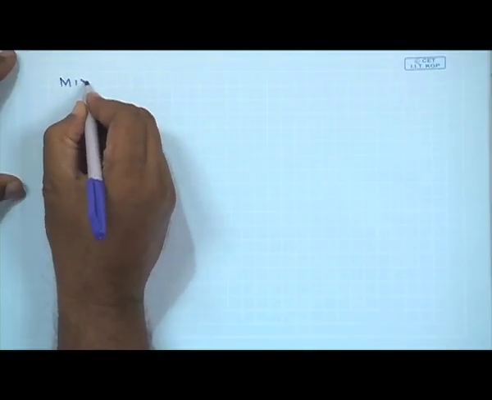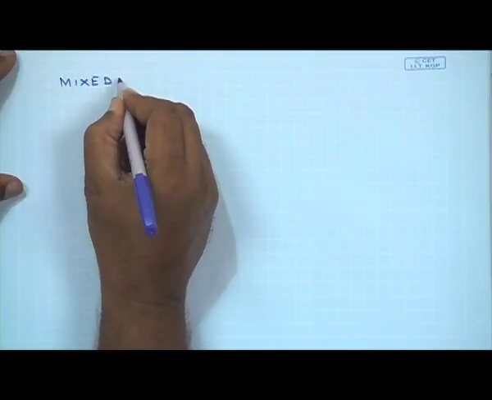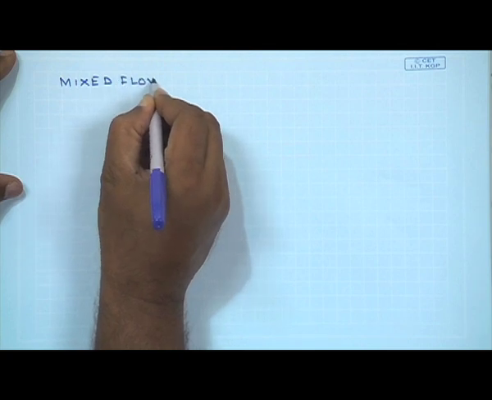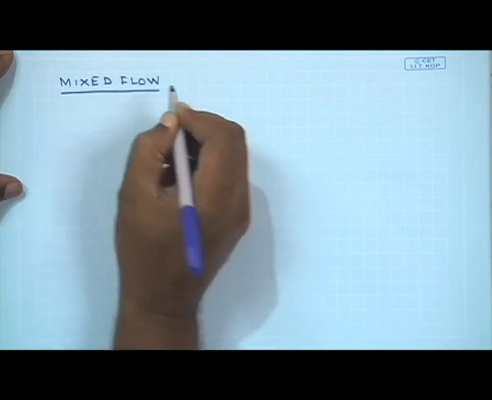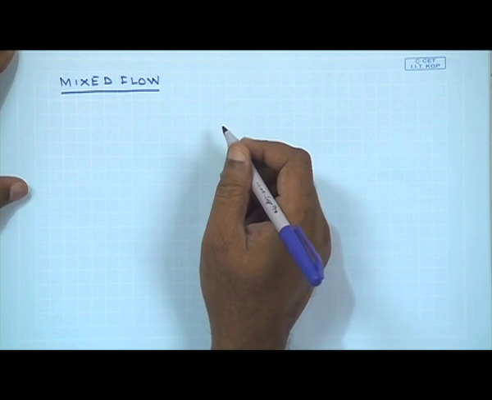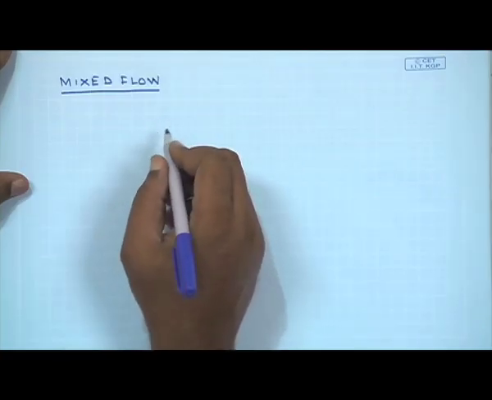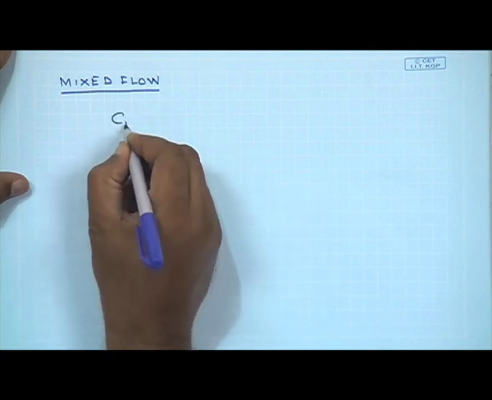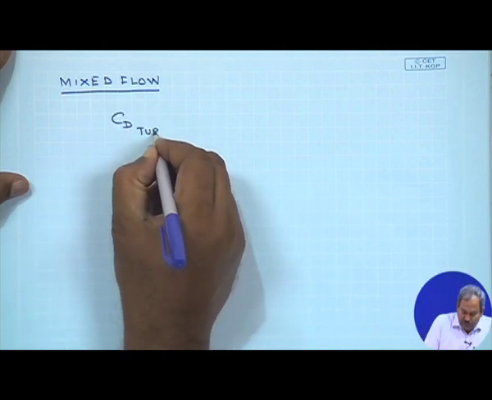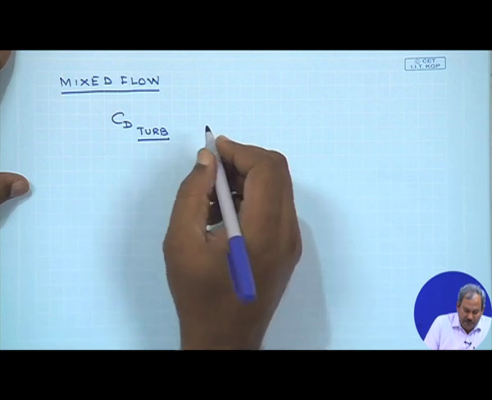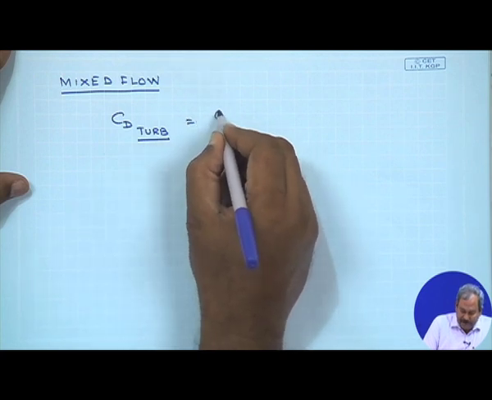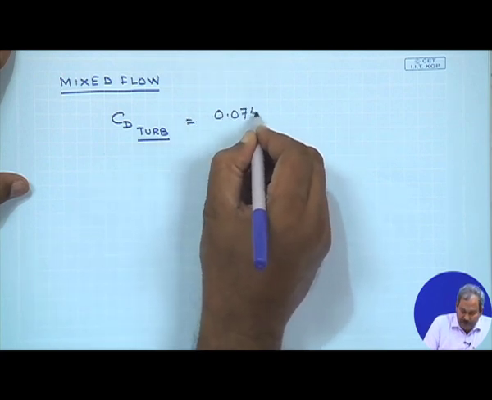What happens in mixed flow? In mixed flow, the boundary layer initially is going to be laminar and it would undergo transition at some location on the plate, and therefore CD, the turbulent one that we have used, must be corrected, and it is corrected in this form: